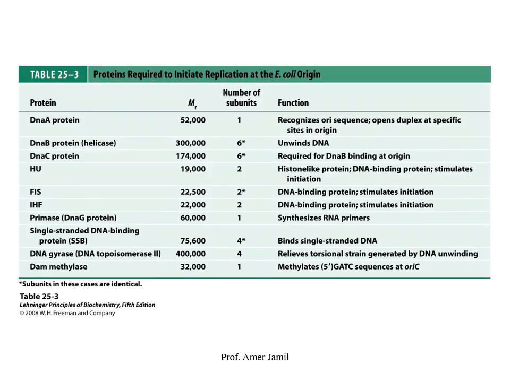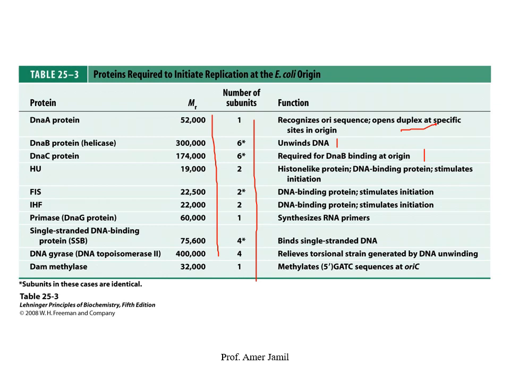And these are the proteins which are required for initiation of DNA replication at the E. coli origin, the DNA A proteins, as I mentioned, and these are the molecular masses and number of subunits of these proteins which are required for replication. As for function, DNA A recognizes the sequence and opens the duplex, DNA B is a helicase which unwinds the DNA, and DNA C helps loading of the DNA